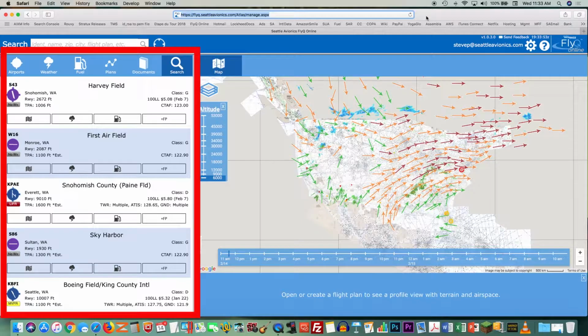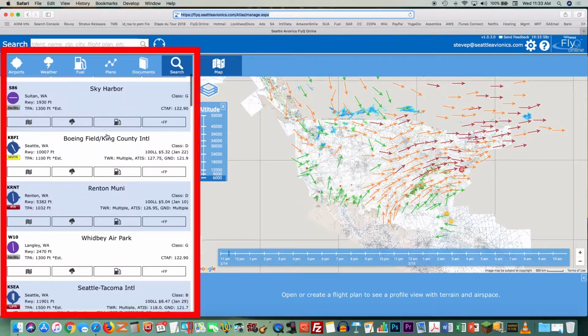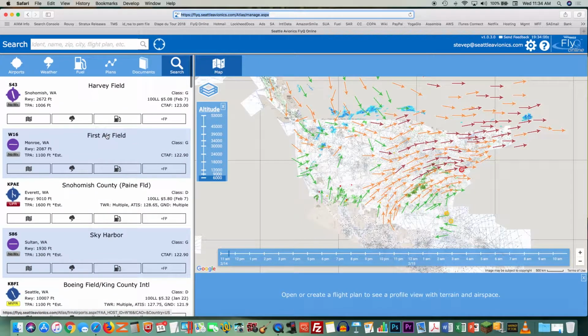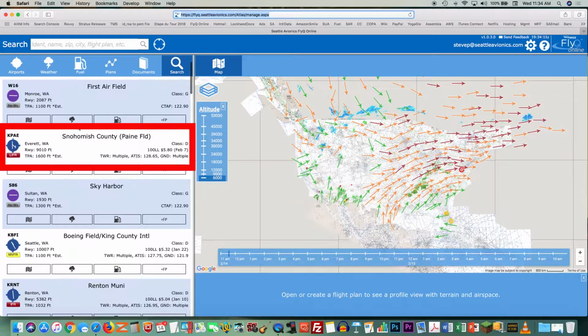For example, on the left-hand side, it shows you all the nearby airports. You can scroll through that list to see more of them. By looking at the list, you know immediately if the airport is controlled or not. For example, an uncontrolled tower like Harvey Field, S43, are magenta, just like on a sectional. On the other hand, a controlled tower like Snohomish County, typically called Payne Field, is a blue icon, meaning that's